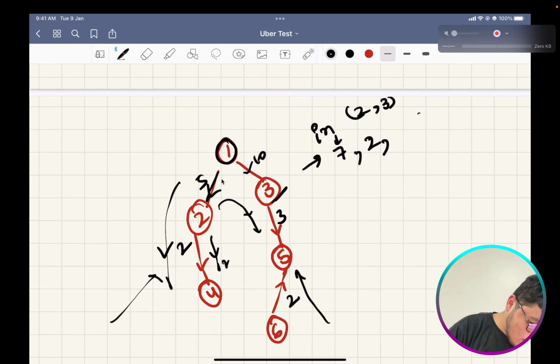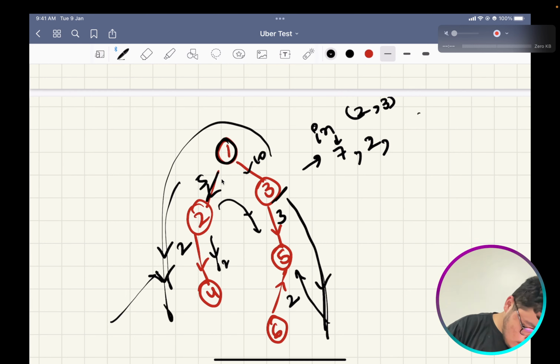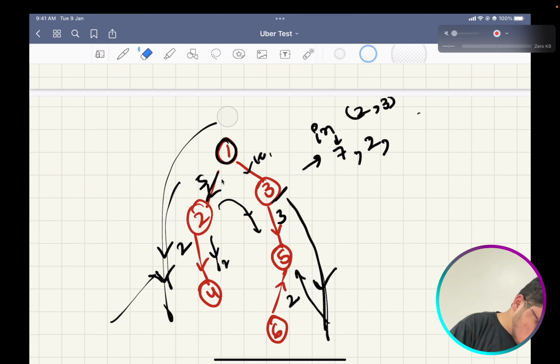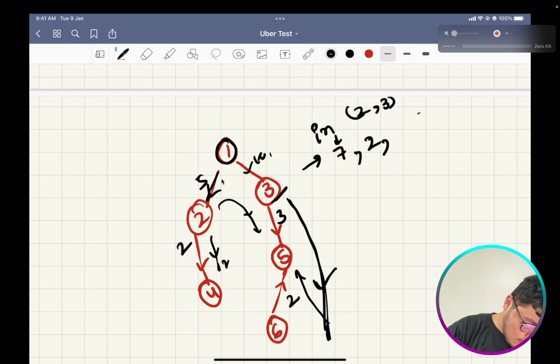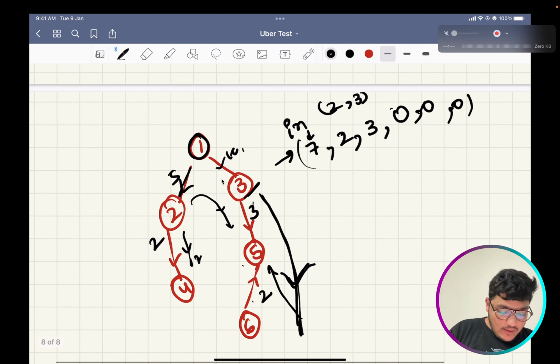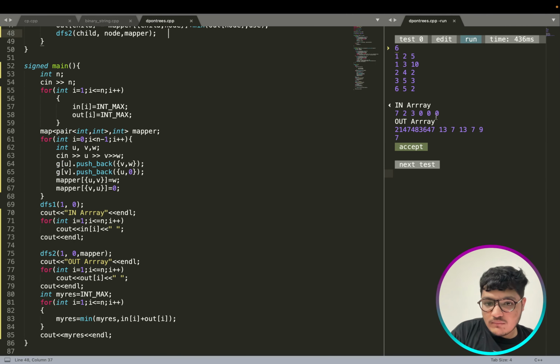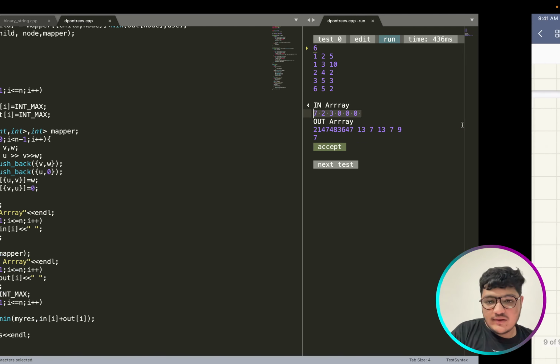Similarly, in of 3 would be this only, not this, so it would be 3 plus 0, 3. Similarly, in of 4 would be 0, in of 5 would be 0, in of 6 would also be 0, right? This should be your resulting in.